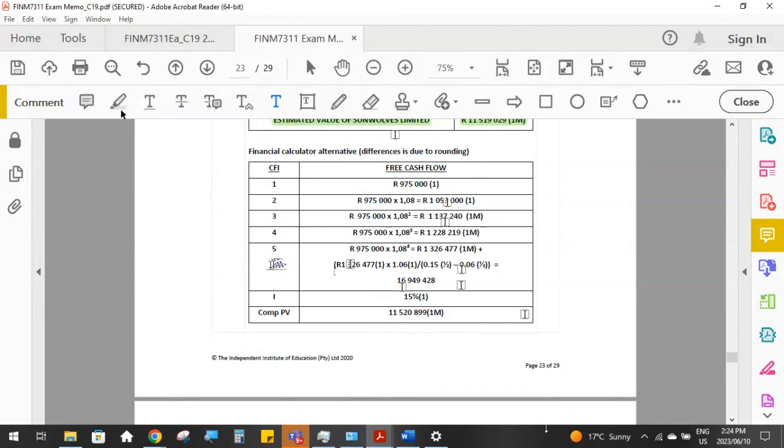Year 6 onwards. So you'd still have to do those same maths, and then you could enter these into your calculator to get this total present value here. And what you would do then is